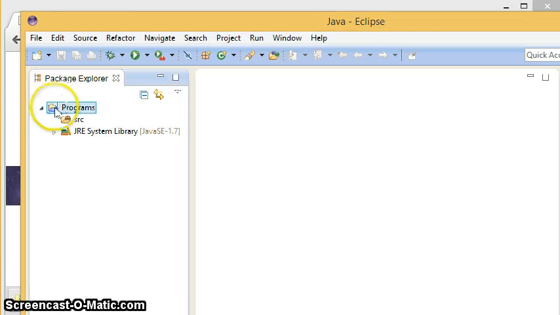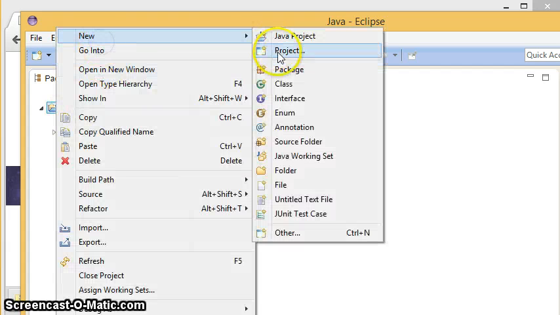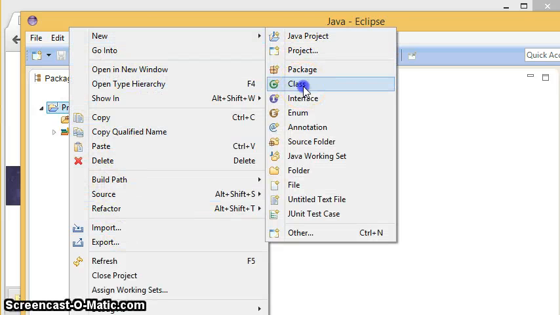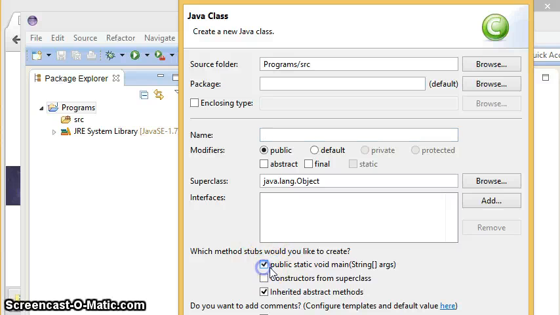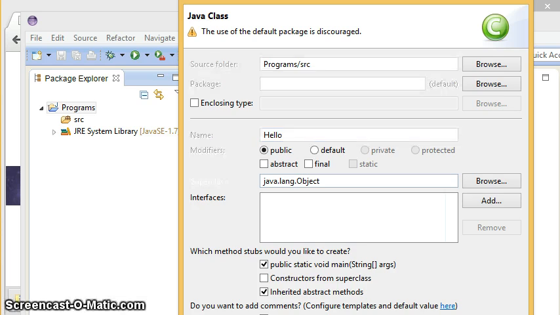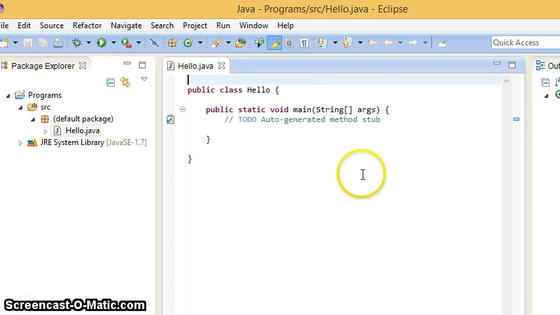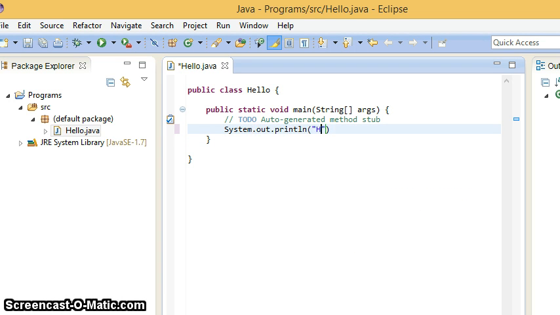And then if you want to have a little fun, you could make sure that Hello World works. Once you know how to work this, right click on your project, say that you would like a new class. Once this pops up, I'm going to give it a main. I'm going to call this Hello. And then I should be able to write Hello World. This is a great way to test your install. Save that, run that,